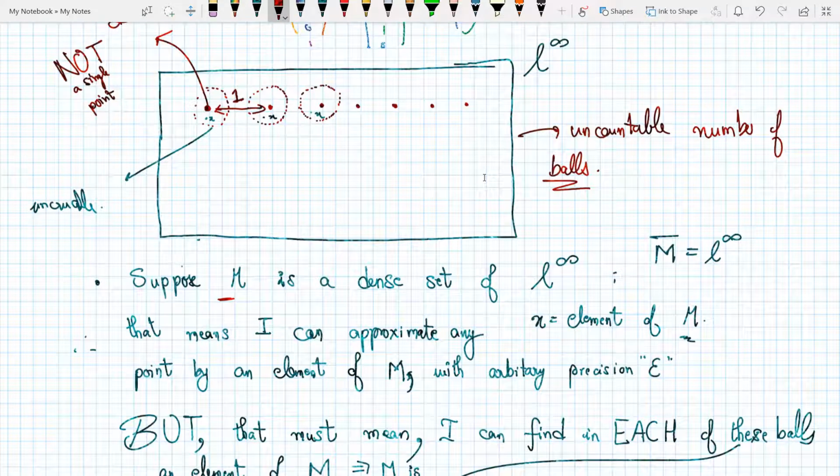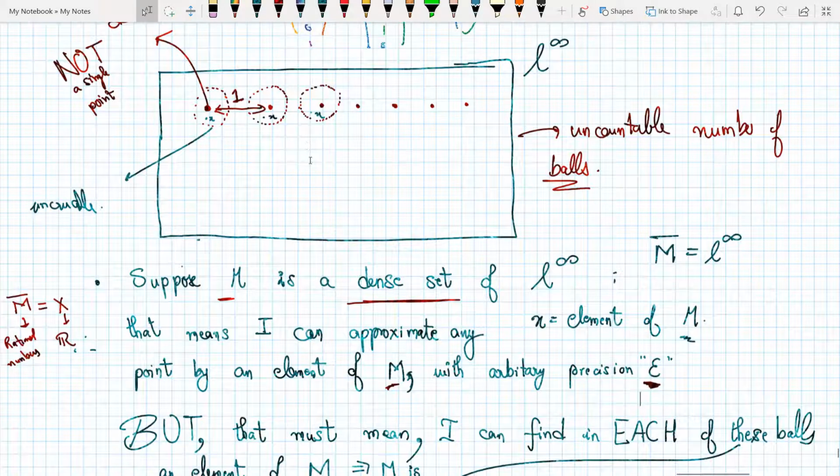Now that means I can approximate any element in L infinity by a point in M. So that is the exact definition of being a dense subset, that M closure is equal to X. Suppose X is the set of real numbers and M is the set of rational numbers, then I can write that M is the set of rational numbers and M closure is equal to X. So similarly in this case, I take a dense set in L infinity, which means that I can approximate each of these points in L infinity with an arbitrary degree of precision epsilon. This epsilon can be as small or as big as you want, but in this sense I'm looking for small epsilons. So I can take any element in my set M,